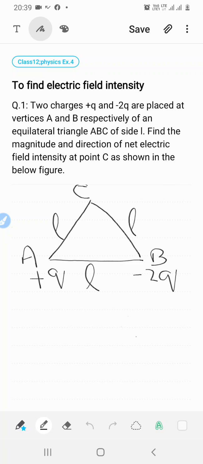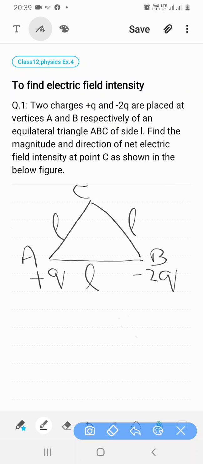One way by vector method and another way by scalar method. I use here scalar method this time. In scalar method also it can be solved by using the parallelogram method, using the formula of parallelogram, or by resolving the vector in horizontal and vertical components. I will use here resolving the vector in horizontal and vertical components.